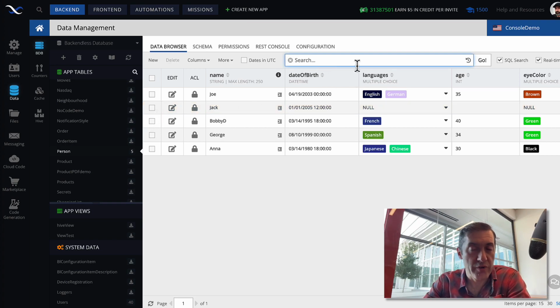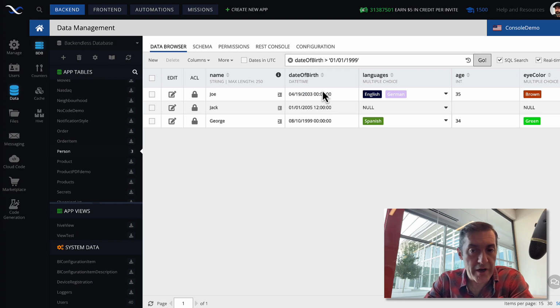So if you want to retrieve records, let's say all the people that were born after 1999, what I can do is specify the name of the column, date of birth, and I can say greater than 01/01/1999.